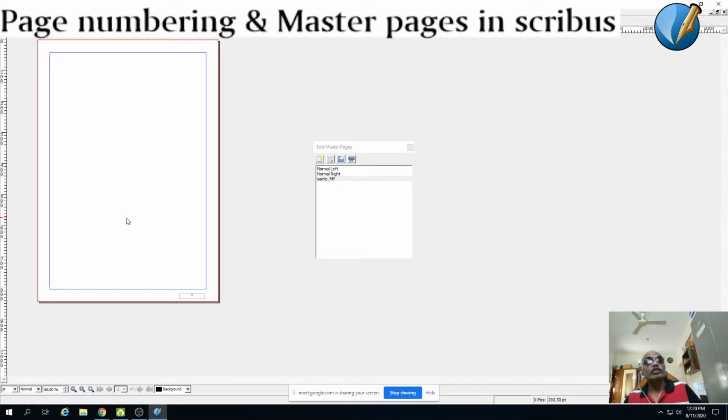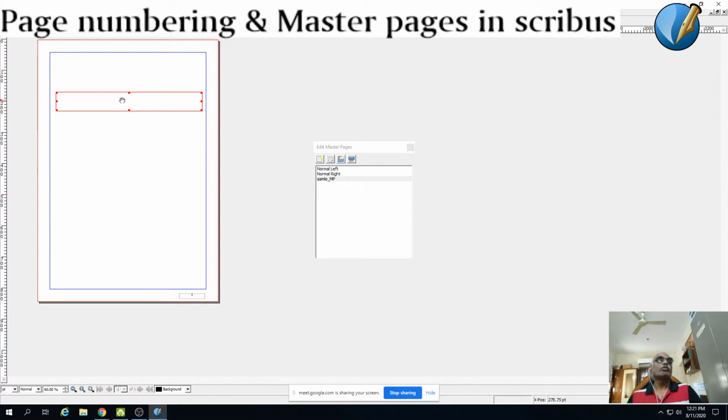The second thing which you need to do is, for every new chapter, the page needs to look unique, isn't it? Whenever you read a book, your first chapter, any new chapter, will be a little bit unique. So for that to happen, for the chapter page, you need to have a master page. So let us go here, insert a text frame. You would start off your new chapter right from the top. You will leave out some white space above so that it will look better. So you give out a box here.